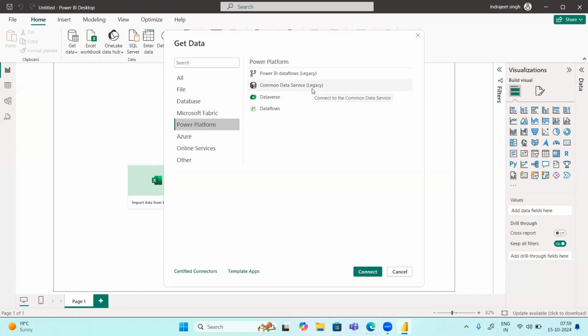Now they changed the name to Dataverse. That's why they did not remove it. Yes, they added the new one but did not remove the previous one. Why? Because, can someone tell me? I think some people are already using it, so maybe